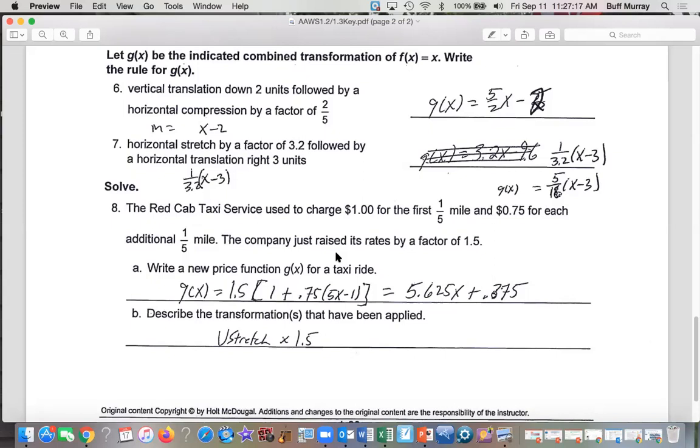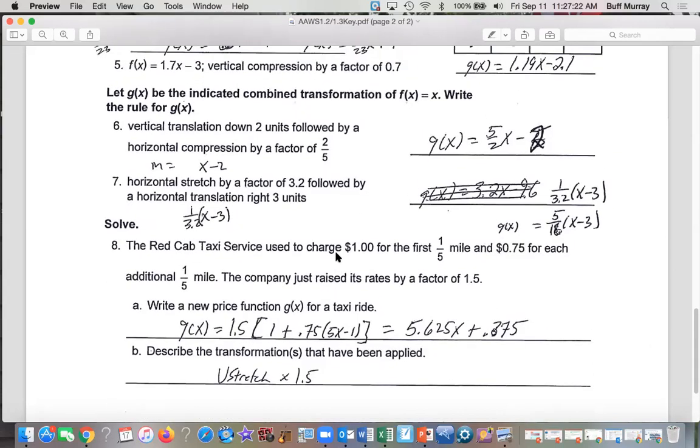Anyway, so for the next few here, we are taking the function f of x equals x, and we're doing combined transformations. All right? So vertical translation 2 units down, followed by a horizontal compression of 2/5. Well, is that what we end up with by moving it 2 units down? x minus 2? Yes? We're moving the function f of x equals x 2 units down? Well, and then if we perform that